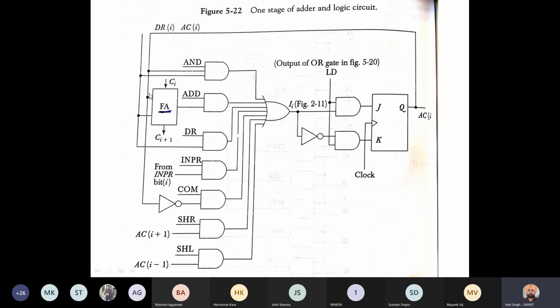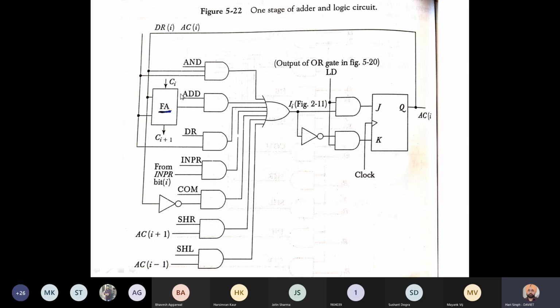So only some part of the arithmetic and logical unit is shown in this diagram, as the whole cannot be shown due to the complexity of the circuit. Further, the accumulator register is a 16-bit register. So for each bit, we have to use a flip-flop and a full adder circuit.